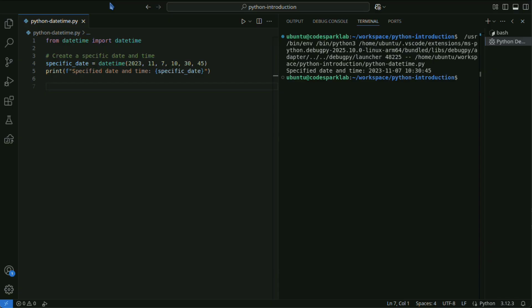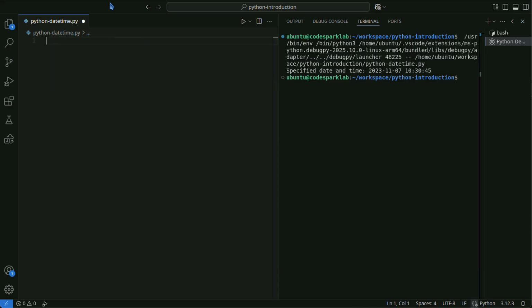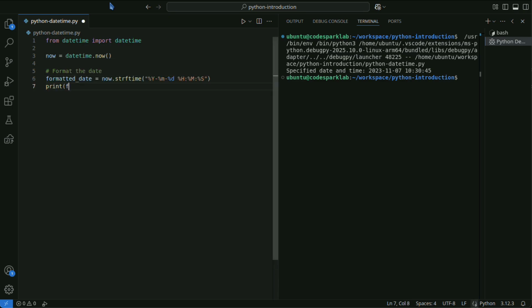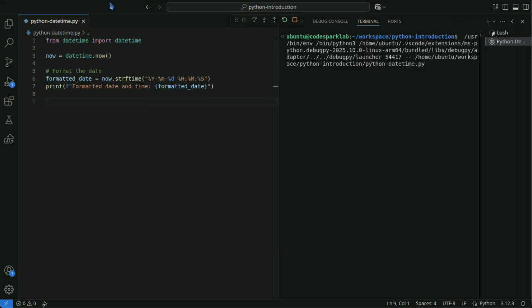Date formatting can be done as follows. This code gets the current date and time, formats it to the specified format using strftime, and displays it.